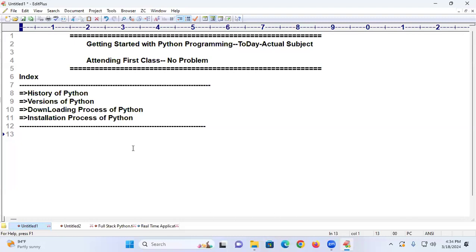And this Python is not for beginners. Such type of things are not my aim. The Python is for professionals. Understand, students? Fine. Let me start with the historical development of Python first. Shall we start? Yes.